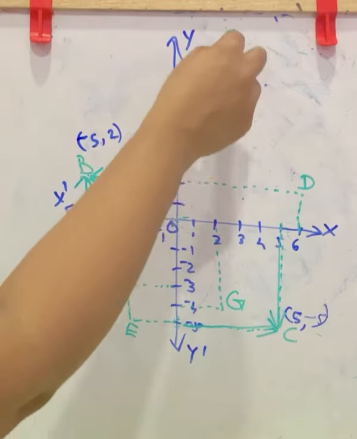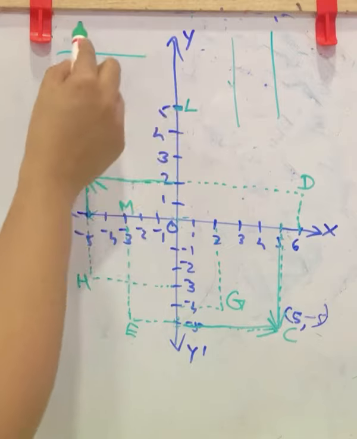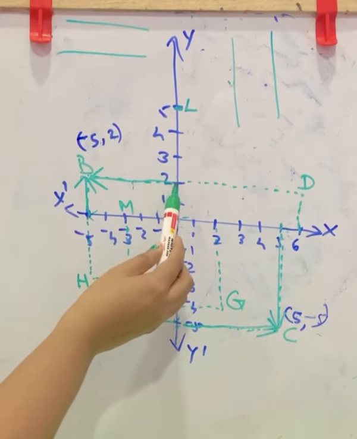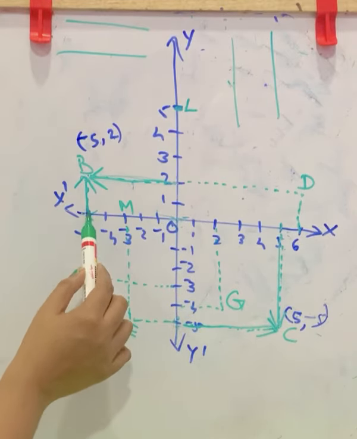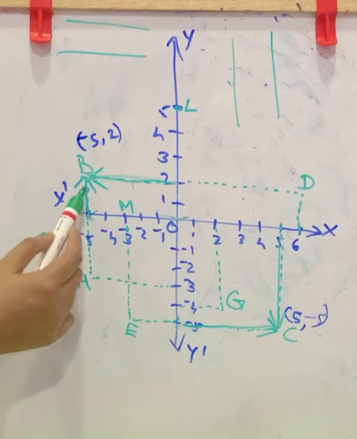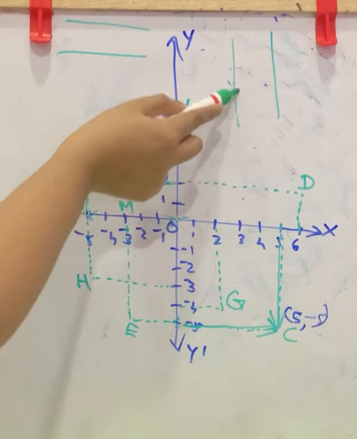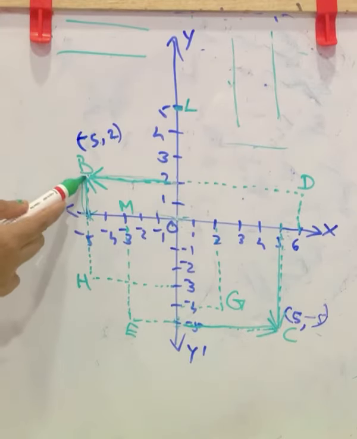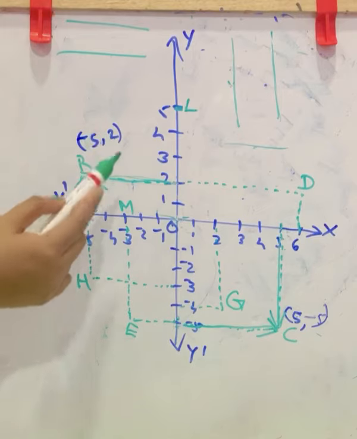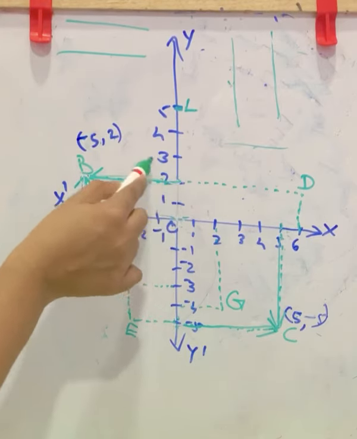For this height you will consider the parallel line to it. This is the parallel line. The parallel line to this is this, and the parallel line to this is this. So if you want to check the distance of this line, the parallel line to it is this, so you check the value from the x-axis. Now if you want the height, the parallel lines to this line will be like this, not like this. So this is the distance we need as the y coordinate, and the parallel line is here. This is the distance, that is 2.